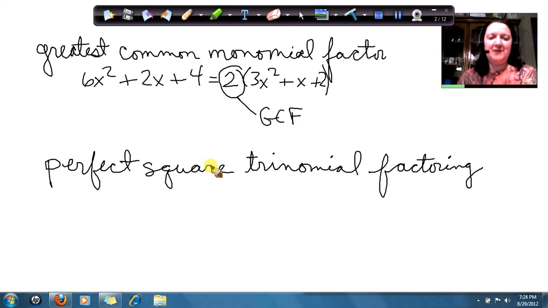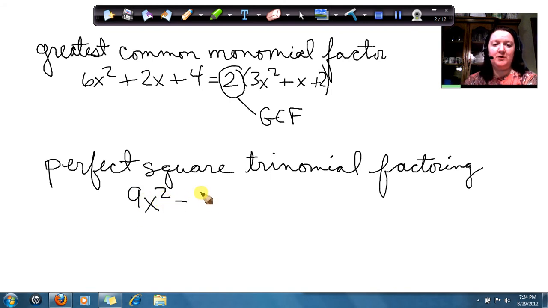Now when we're looking at perfect square trinomial factoring, this is something where the number that's in front is a number that you could take the square root of and get something perfect. So if I look at 9, the square root of 9 would give me 3. If I look at 16, the square root of 16 would give me 4. So it's an example of a perfect square trinomial factoring. So I can break that down into 3x minus 4,